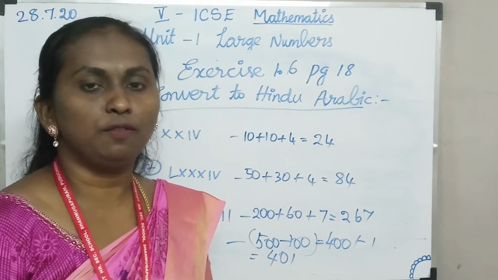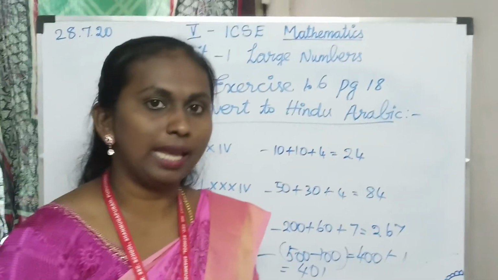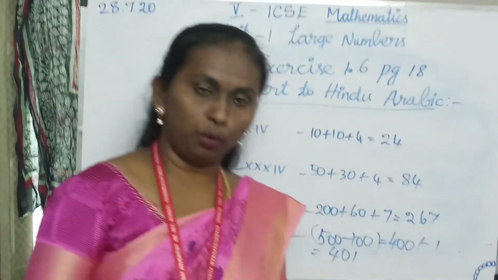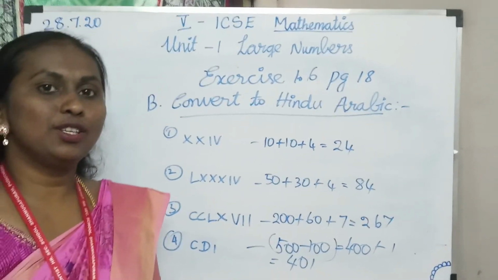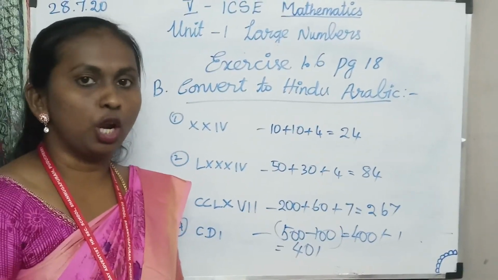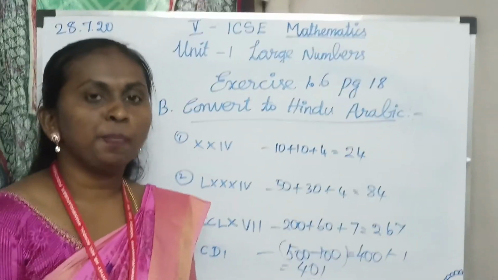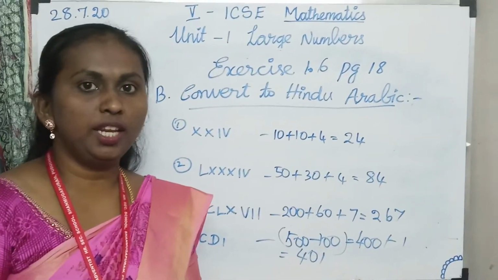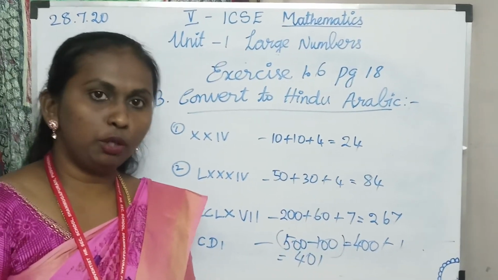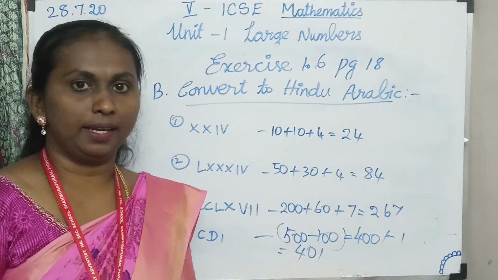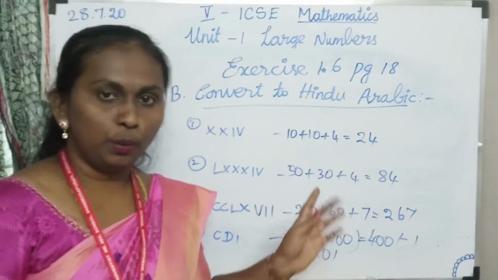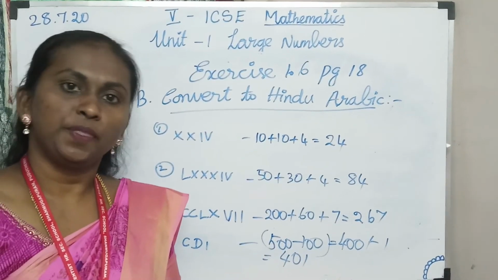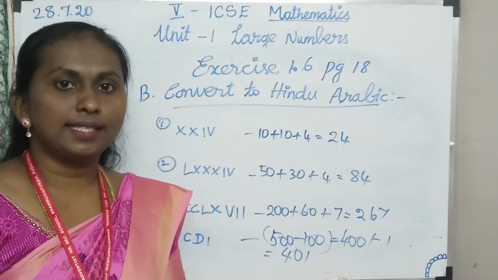So today's session we started with the 1.3 exercise. We completed 1.4, 1.5 as well as the 1.6 exercise. Today's topics were rounding off numbers, Roman numbers, and the Indian and international systems. So we completed the first unit revision now. I hope you understand this topic. Children, you can complete the CW in your book pages also. I will give the material in the video section. Thank you children. Stay home and stay safe.